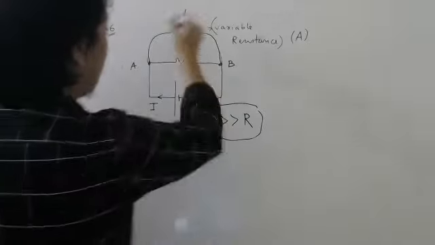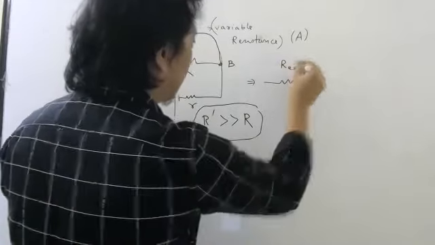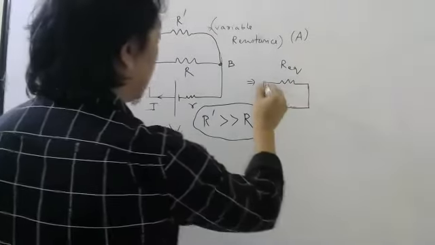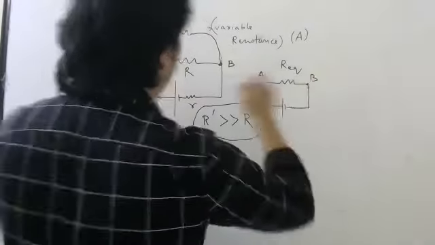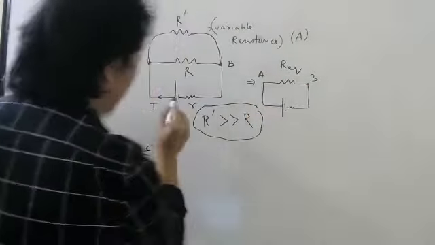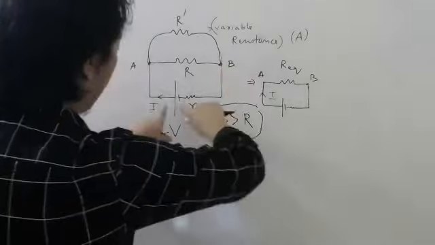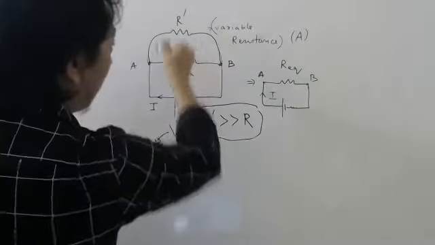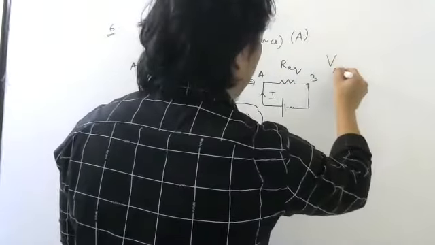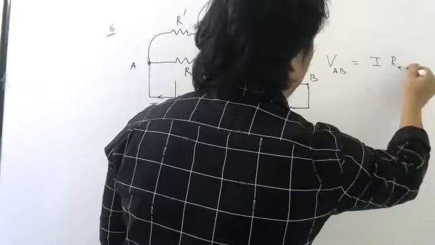Another way is just replace equivalent diagram. These two will have some equivalent resistance here. Then this battery. Now in parallel, you know this voltage A and B. Whatever voltage is here will be here also. So using this equivalent, I can find easily because I already know the main current. So main current is I. Correct now? So to find the voltage here, I will not divide the current. Instead, I will find the equivalent resistance and put here, and then find the voltage. So voltage between A and B will be the main current coming into resistance between A and B.